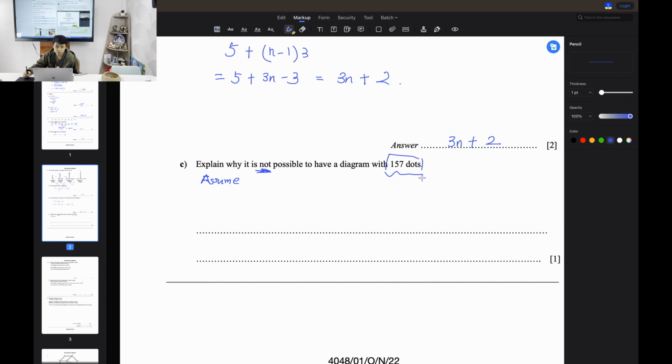Which means 3n plus 2 equals 157, so 3n equals 155, and n equals 155 divided by 3, which equals 51.66 all the way. So this means n is 51.66, but it is not possible,